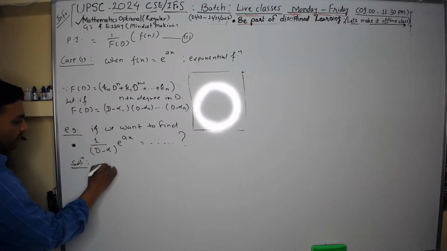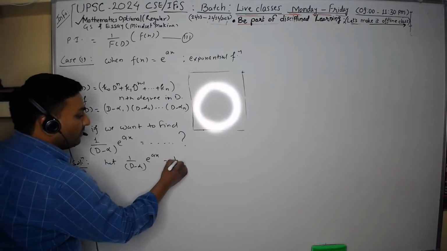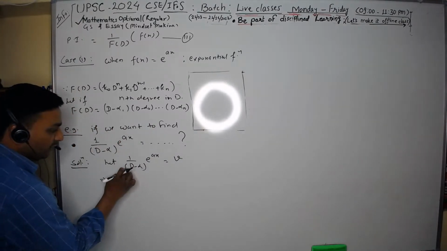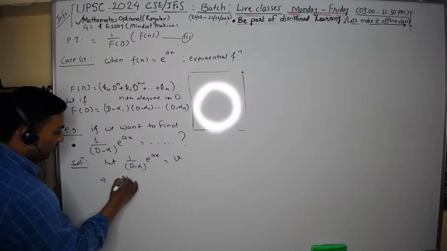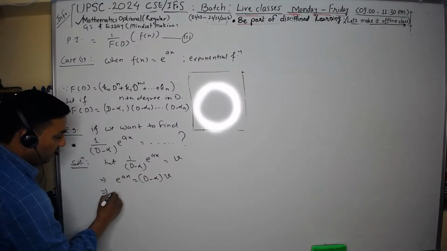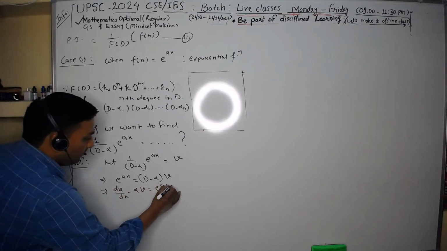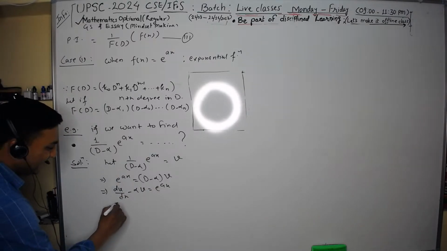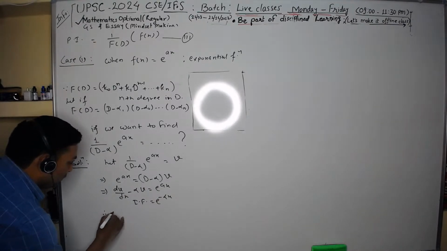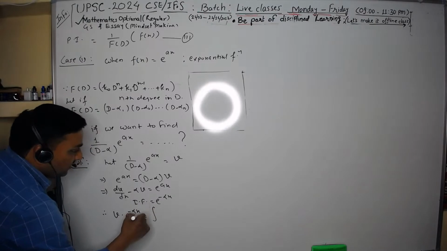So your answer, let 1 upon D minus alpha is coming out as some function of v. This implies, if I send this factor here, e raised to the power d of v means dv over dx minus alpha v. So what is the integrating factor? So what will v be? V into e raised to the power minus alpha x